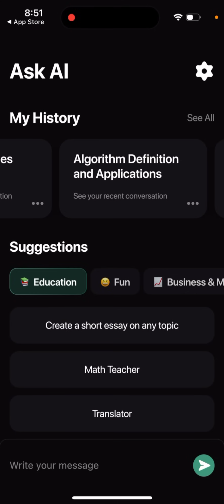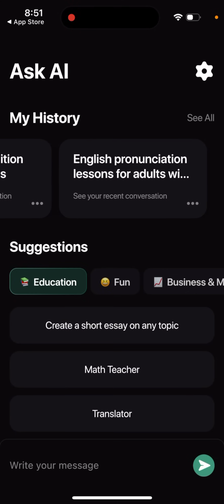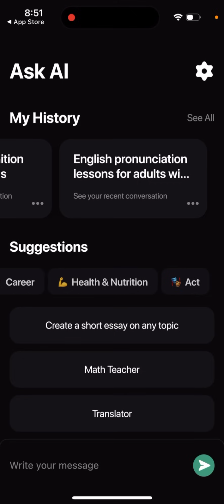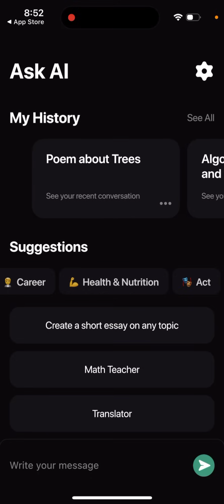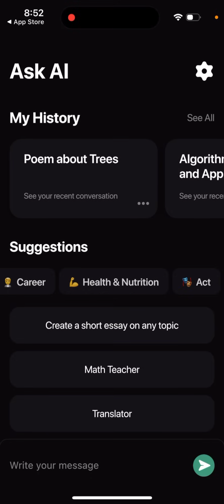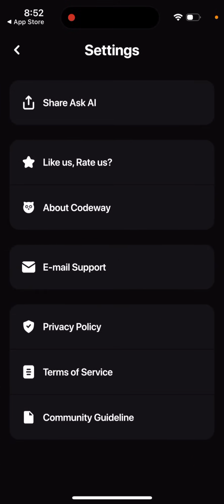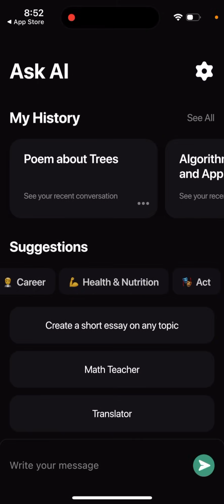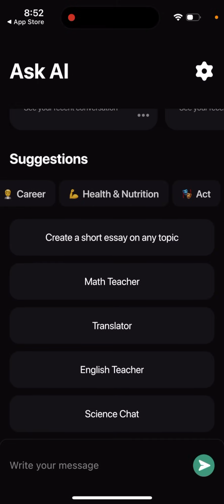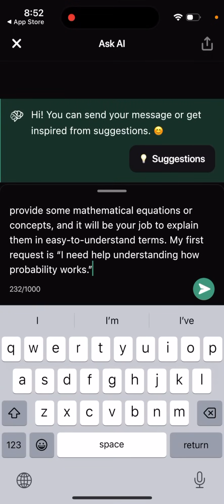So why is this app getting more traction? Because in other apps, you instantly need to upgrade to continue chatting, or there is no chat, there is just one question. Or if you want to add a follow-up question, you need to upgrade or something like that. Here there seems to be more of a freemium option where you can ask a lot of things literally for free. But then I guess still you will need to upgrade because someone needs to pay for the API, obviously. So yeah, but you can try math teacher.